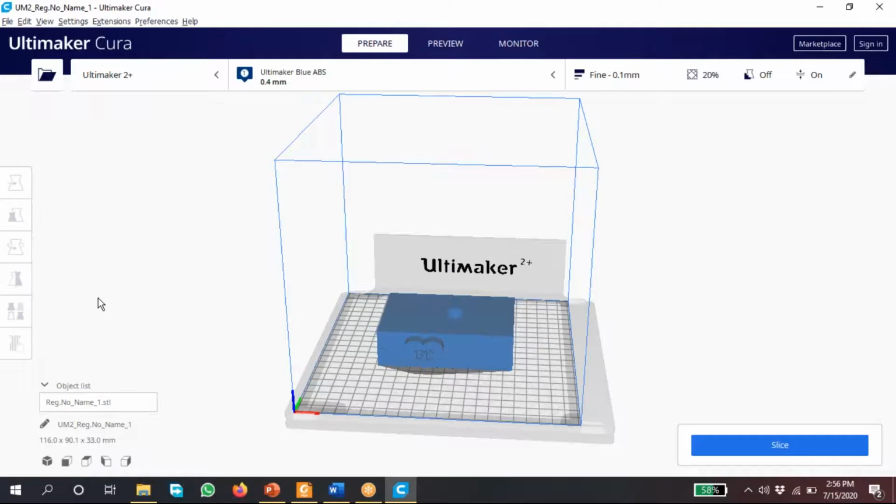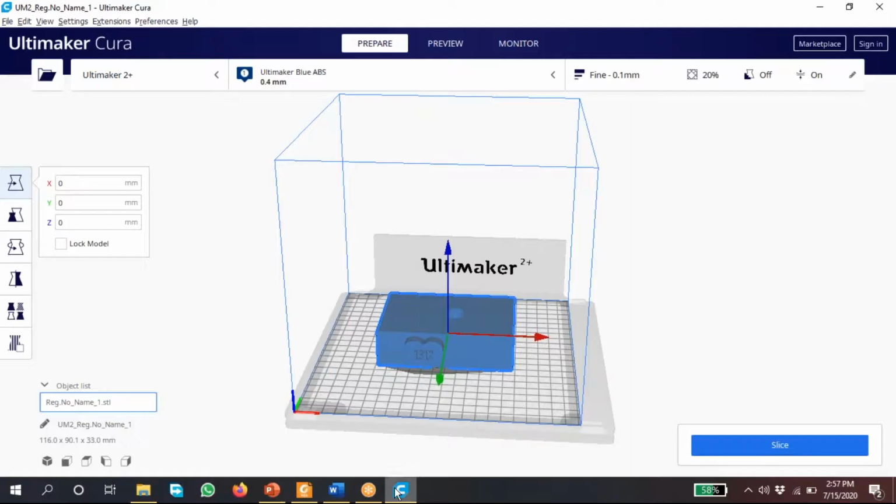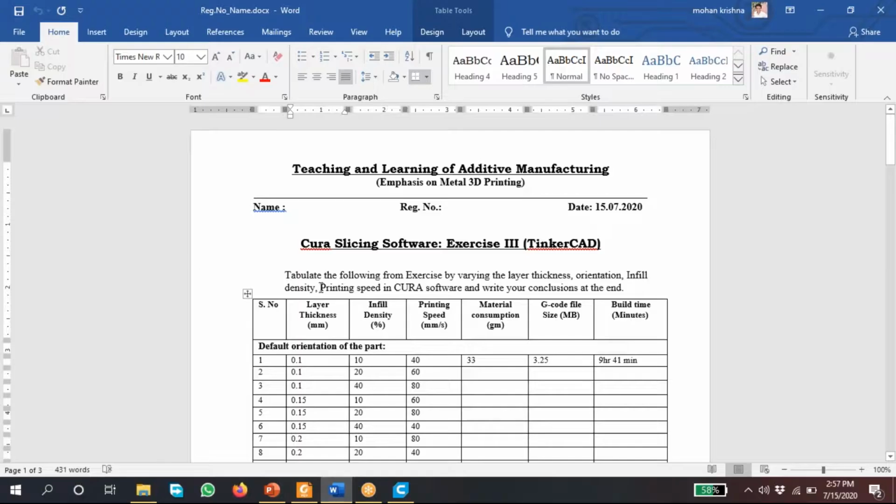Why I'm saying that means you can easily understand the G code if you understand it here. Sir, could you give us some time to at least import and start doing? If you continuously tell, we will not be able to do. So give us at least one or two minutes. Okay, sir. In the meantime, I will tell you about this thing.